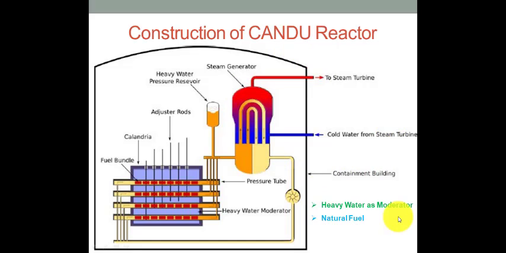By contrast, the core of the light water reactor is vertical and contains vertical fuel assemblies, which are bundles of metal tubes filled with fuel pellets. The reactor core is kept in a containment vessel. Unlike other nuclear reactors, which are designed to use enriched uranium fuel and light water as moderator, CANDU heavy water reactors use non-enriched uranium fuel. Natural uranium oxide is used as a fuel in the CANDU reactor, and heavy water is used as moderator.